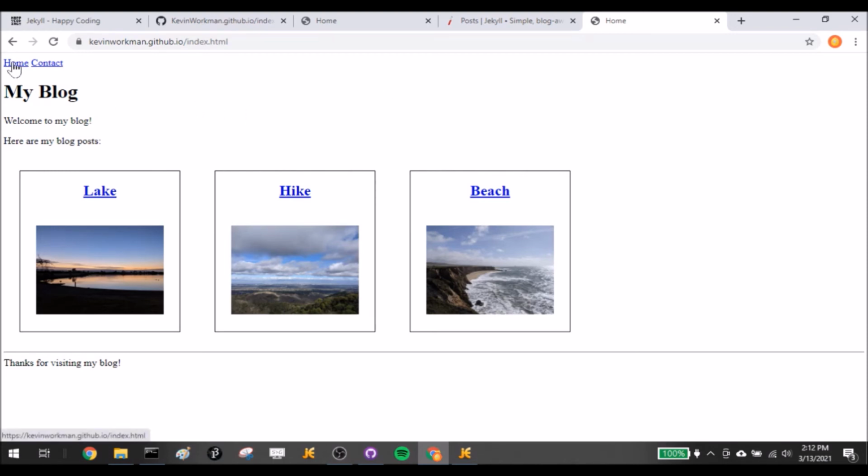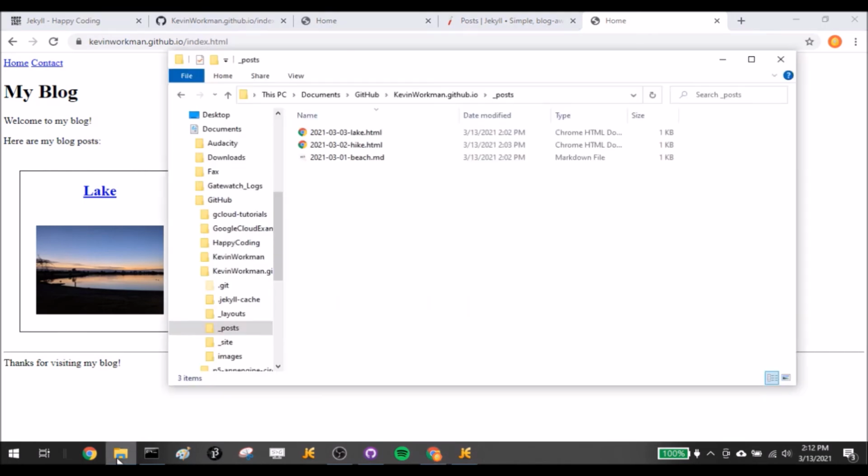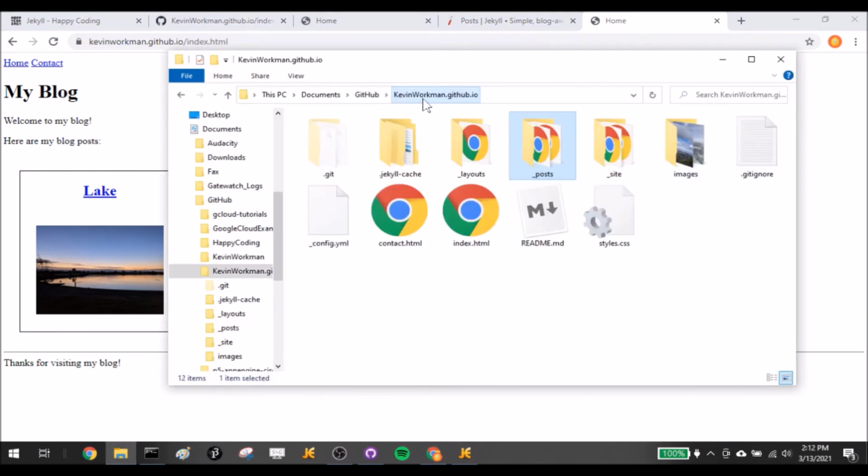So the one last thing I wanted to mention is sort of how this all works behind the scenes. Because in my experience anyway, a lot of folks who are new to Jekyll, they kind of treat it as magic, and in some ways it is, but in other ways it's not. It's still HTML. The end result of Jekyll is still HTML. And by that I mean, if I go back to